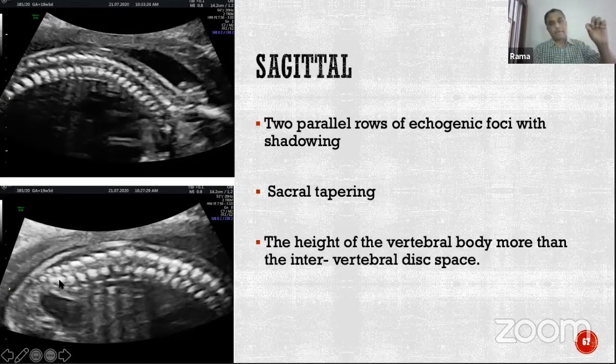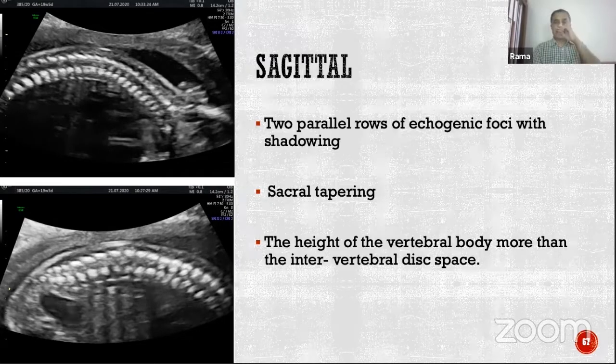There should be a good taper. The sacrum is up-tilted, and again the skin on the sacrum should be seen. So that is the way I would do a sagittal section. And in terms of doing the sagittal section, if there is an abnormality, I will always try to use